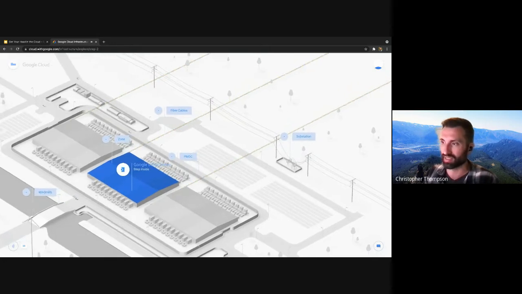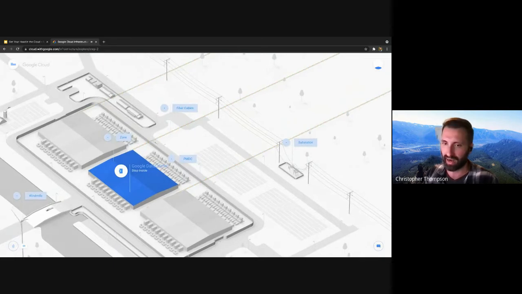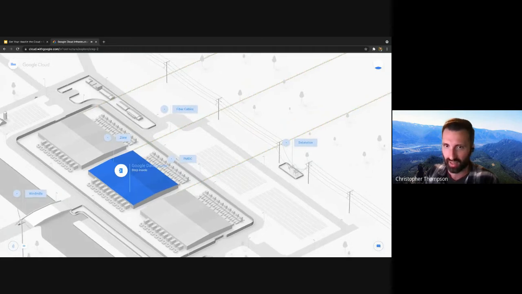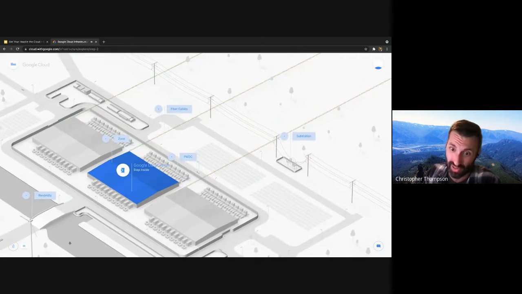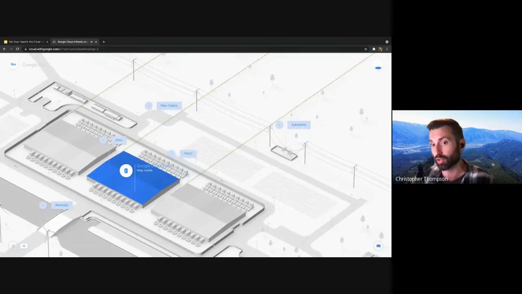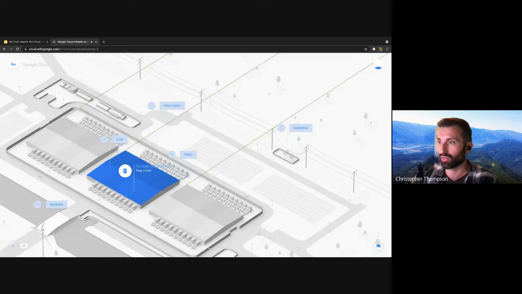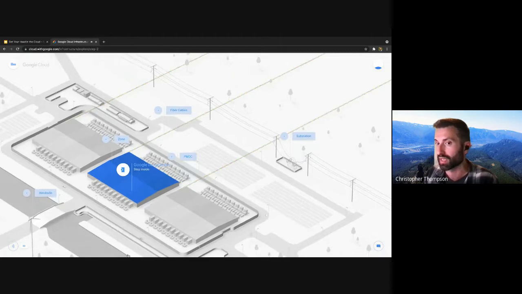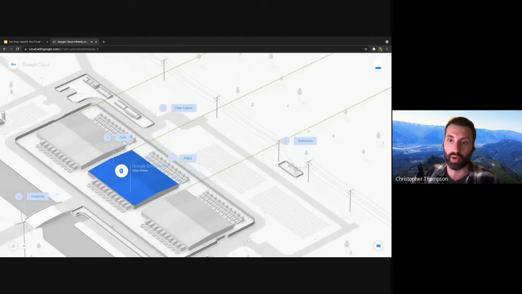If this data center burns down within this region, let's say this is A, B, C. If A burns down, you want to be able to fail over somewhere, and the closest place would be B. If B burns down, the closest place to fail over would be C. If C burns down, then you want to fail over to the next closest region. If you're hosting a global application, it can be hosted in multiple zones, but also multiple regions. And all of this is so that you don't have downtime,